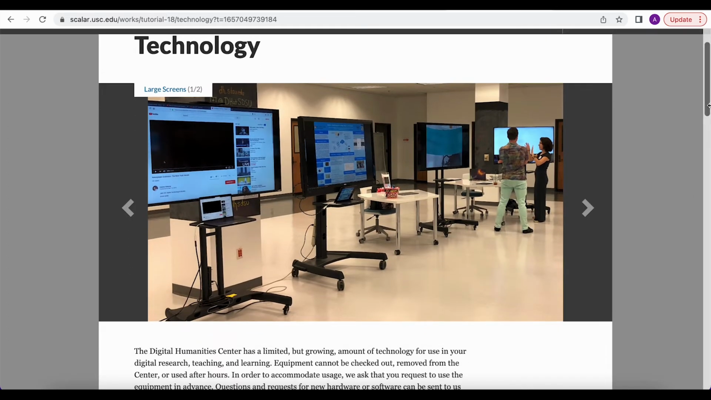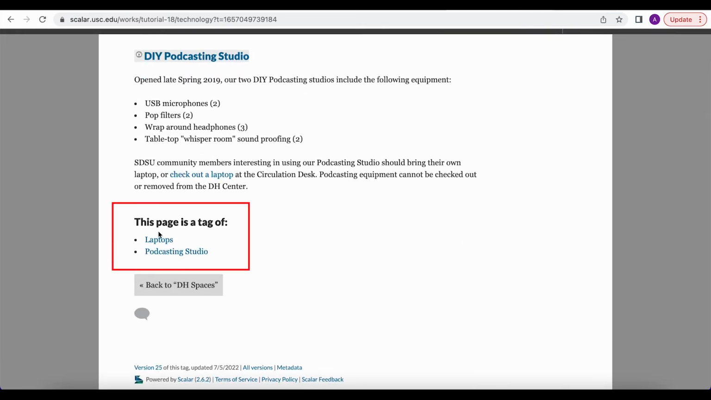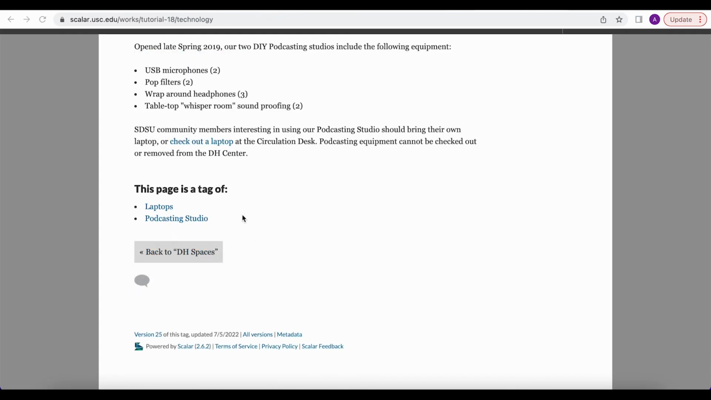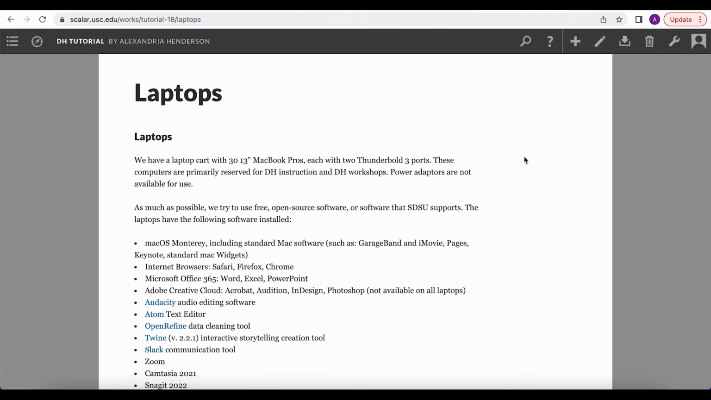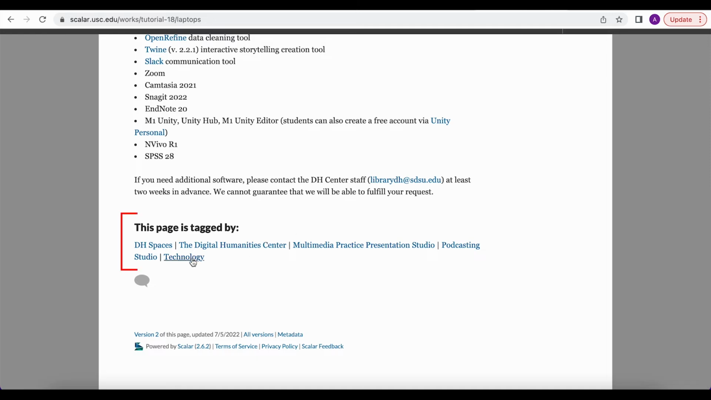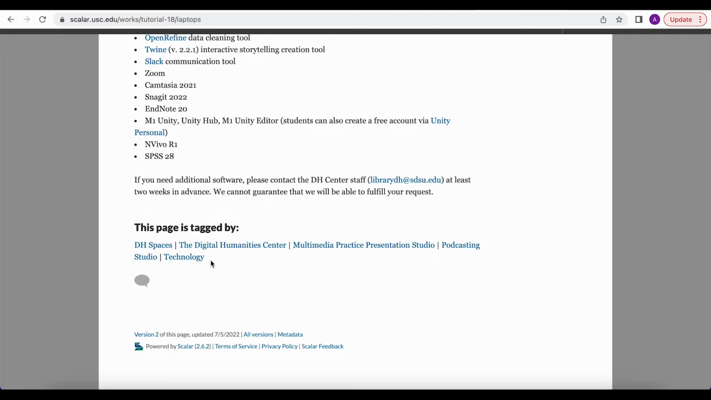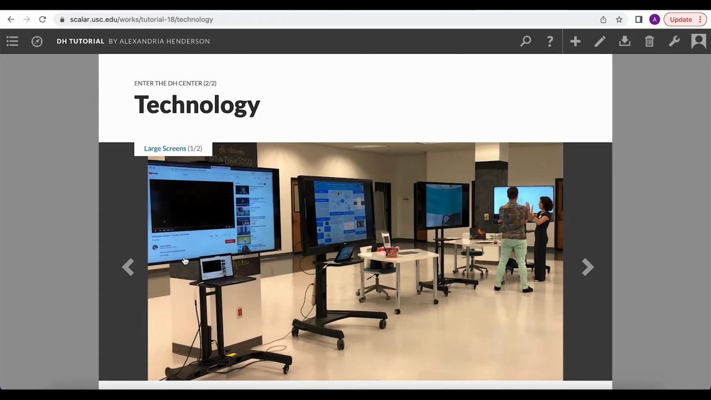Now we're going to scroll down to the bottom of our technology page, and you can see that it says this page is a tag of both laptops and podcasting studio. Now, if we click on the laptops tag, it'll take us to the laptops page, and we're able to see that the technology page we were on previously is just one of the many tags that's present on this laptops page. So if we return back to the technology page,